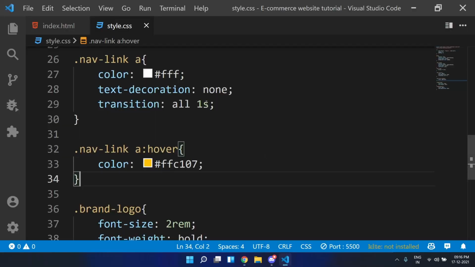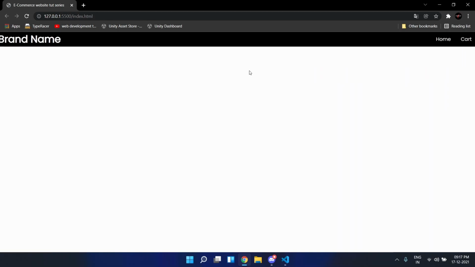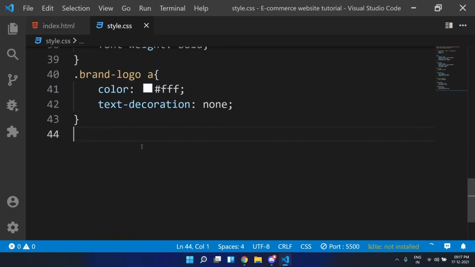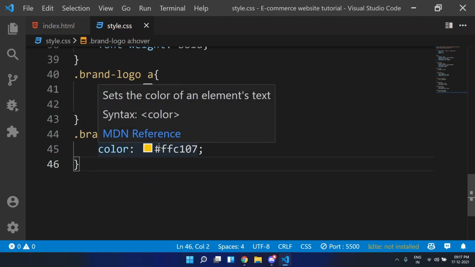I think 1 second is slow, so let's try 0.5 seconds. As you can see them now, everything is just smooth, and let's make something like here also, dot brand-logo a hover, and